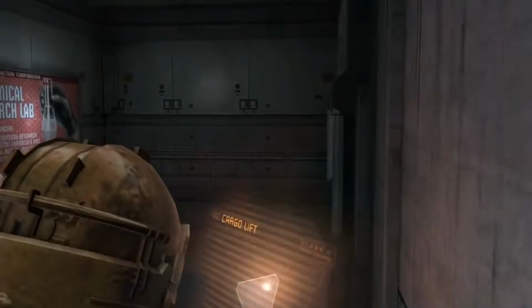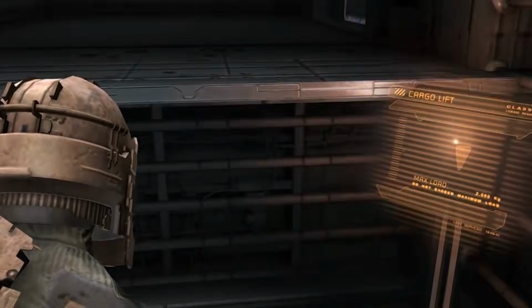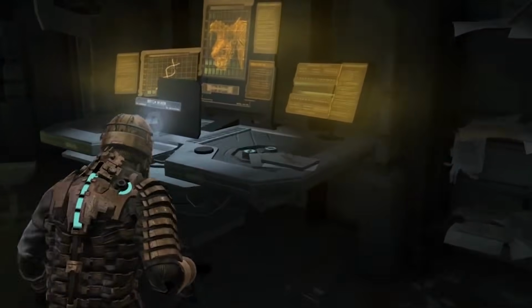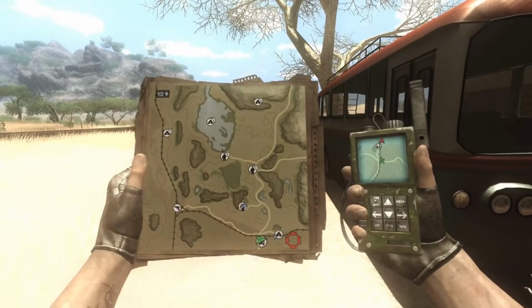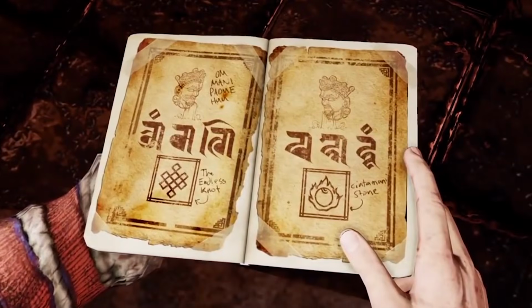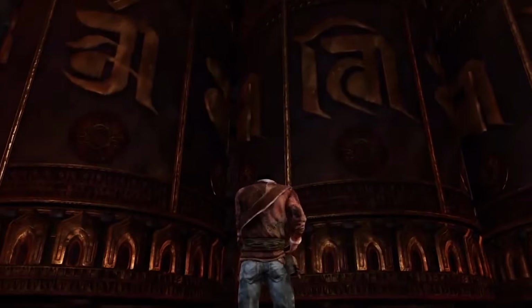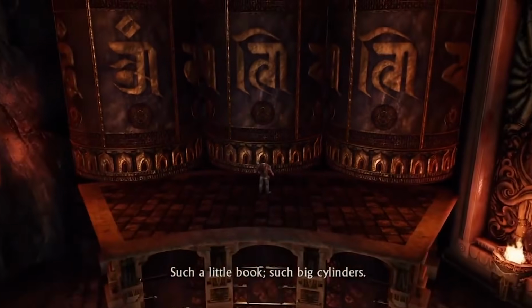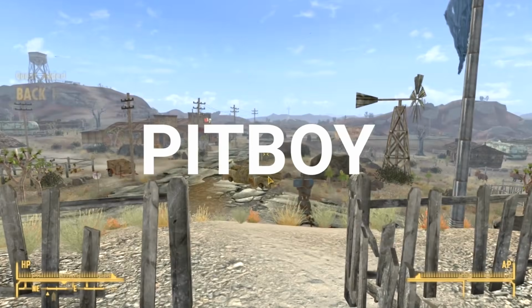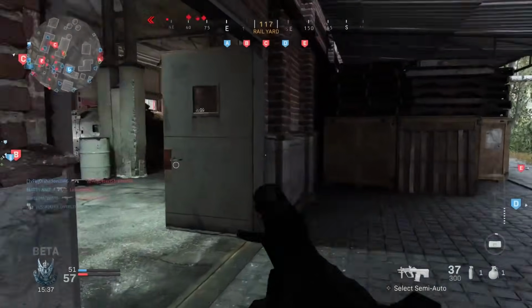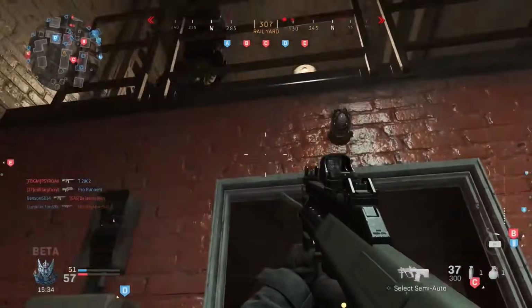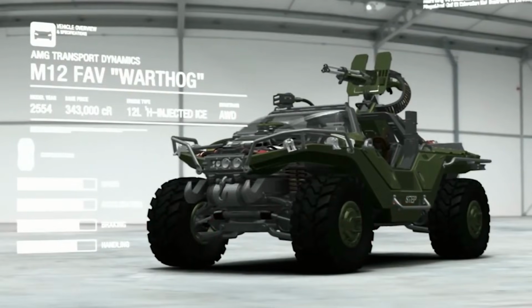Diegetic UI is quite the opposite. This invokes both the game's world and the game's narrative to convey information to the player. The difference is that these things have to exist to the character in the game as well. Think of Uncharted, where Drake has to take out his physical notebook every time you want to see information about the game, or Fallout 3, when you have to pick up the Pip-Boy to physically look at your own inventory. The contrast here being that when you're in Call of Duty, the in-game avatar, the character, doesn't actually know the minimap exists.